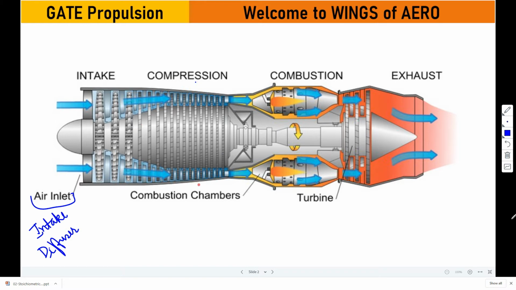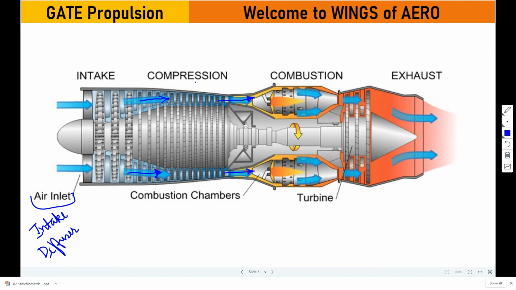After the compressor comes the combustion chamber. In the compressor, the air, when it intakes through the diffuser and moves towards the compressor, gets compressed. The pressure gets compressed, and this pressurized air moves towards the